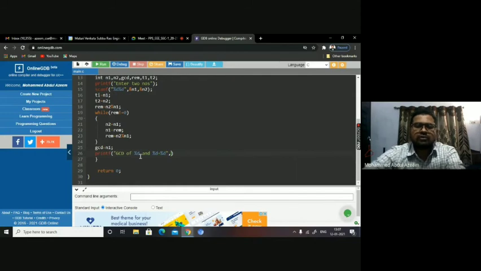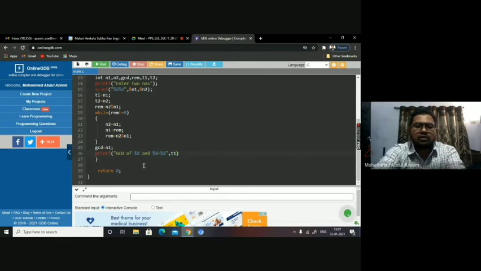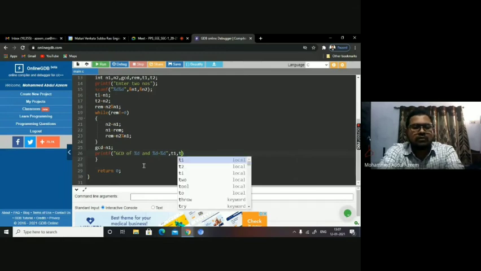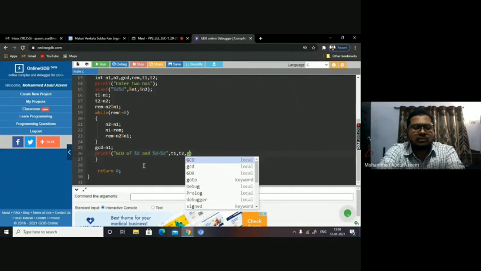Here, in place of the first %d, I want the n1 value, the first value that is available in T1, because when you come out of the while loop, n1, n2 will be changed. They are no more the original, right? T1 comma T2 comma GCD, which is available in GCD, right?